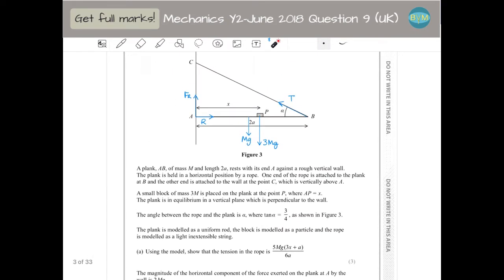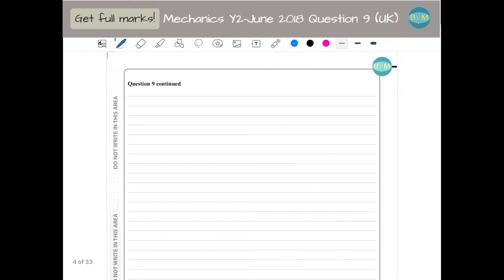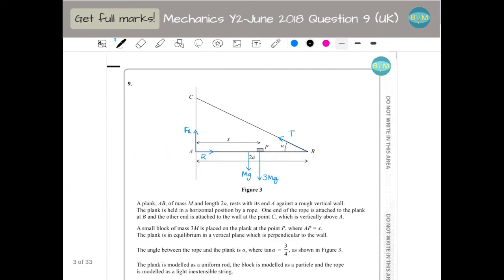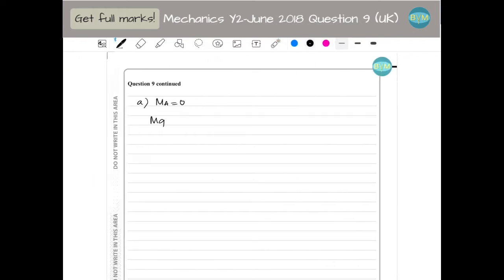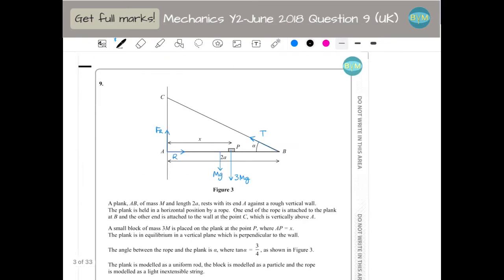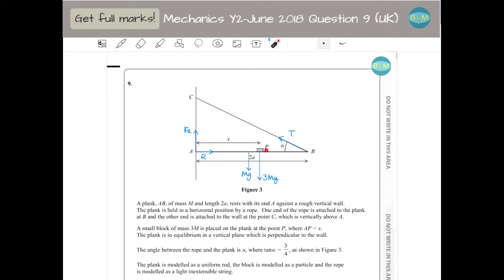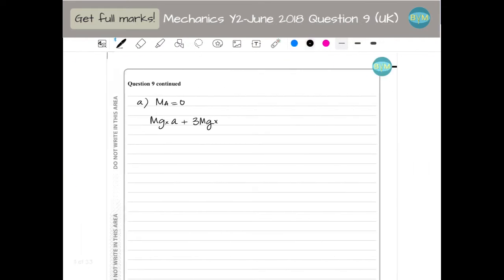We're going to have space, so I'm going to do it on the next page. I'm going to take moments about A for the first part. So taking moments about A, that must be 0. These two are producing clockwise moment about A. This one is producing anti-clockwise moment. So the two clockwise will be the same as the anti-clockwise. So mg times this distance, which is a. It's the force times the distance, plus the other force, which is 3mg, and the distance was x. The distance from A to the block is x,